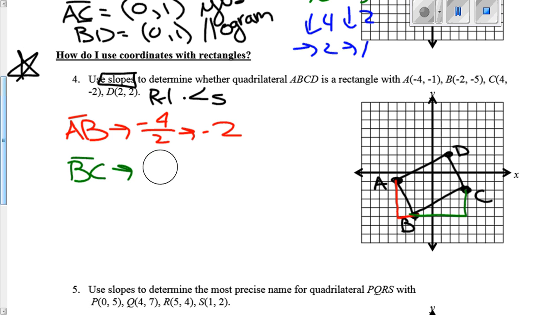Oops, I have to catch my mistake. Remember, rise over run, so it's going to be 3 over 6. Sorry, I should have gone up and then over. Oops. Which reduces to 1/2. Okay, now I'm going to do DC, so I went up